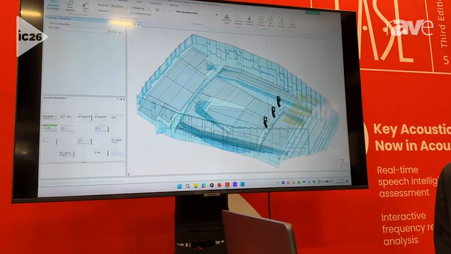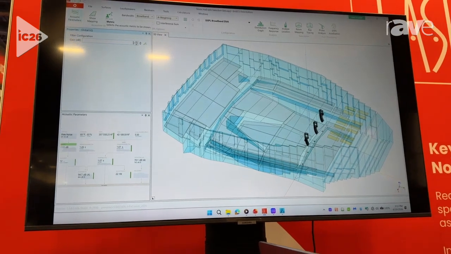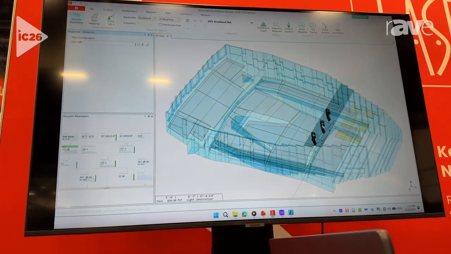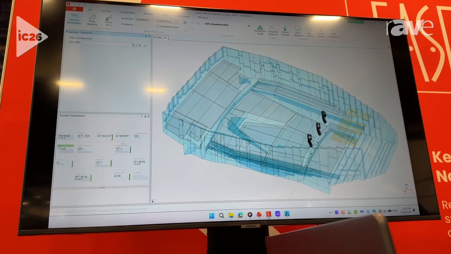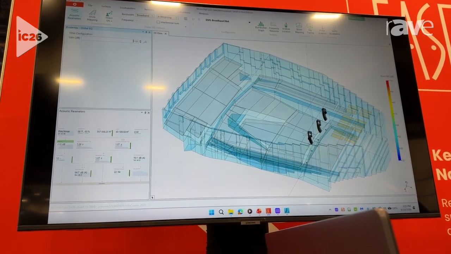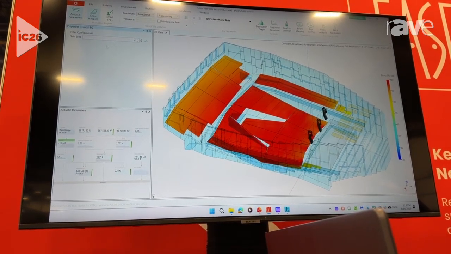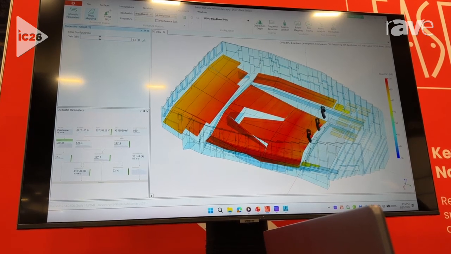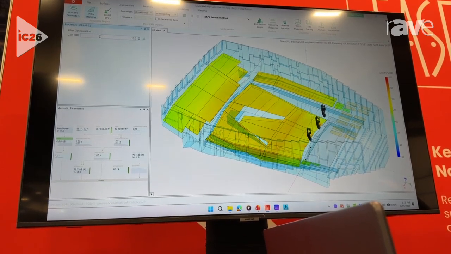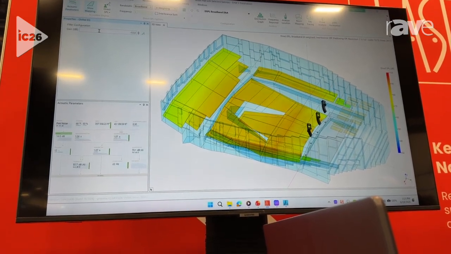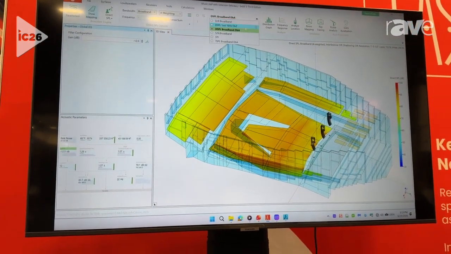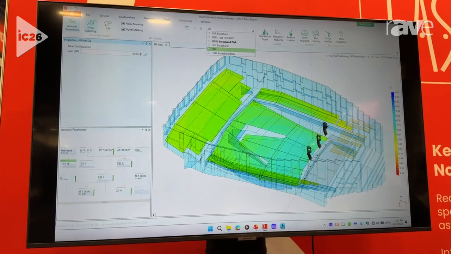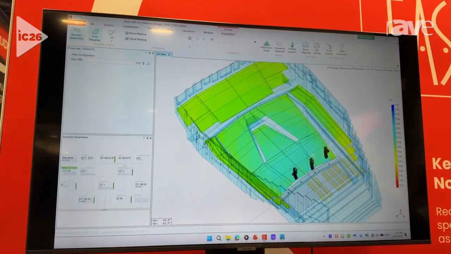Here we have a room that has three sets of loudspeakers in it, along with some front field loudspeakers. And to turn on our mapping, I'm going to turn on show mapping, and here we are taking a look at our direct SPL. I can adjust the gain up and down and see that in real time as I'm adjusting the gain. I can also go and I can look at the STI of this room and see that